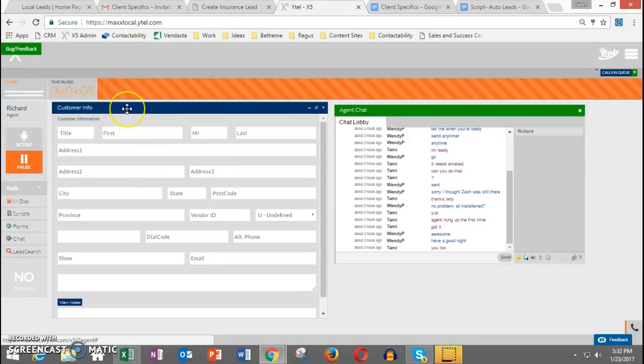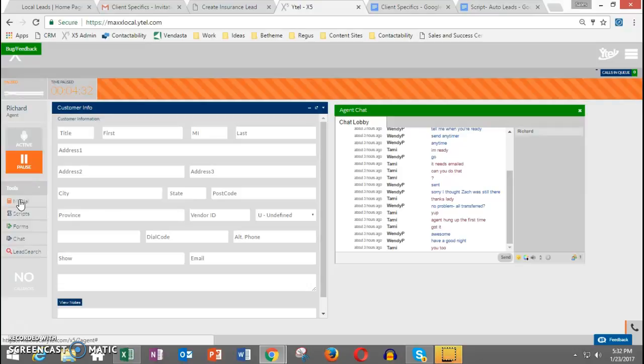One of the things that you're going to use quite often, if you call back leads, or let's say somebody tells you to call them back tomorrow, is going to be a manual dial. The manual dial allows you to make a call to a specific phone line. While you're in the dialer normally, you don't get to choose what numbers you pick to call. It just calls and feeds you people.